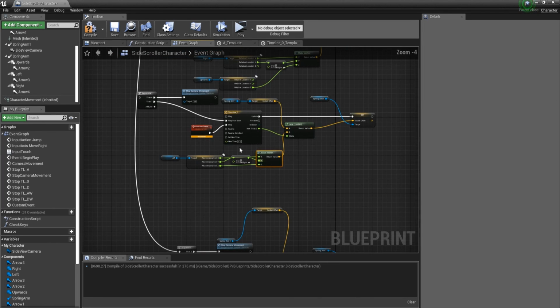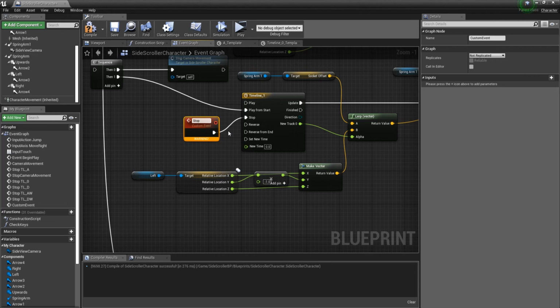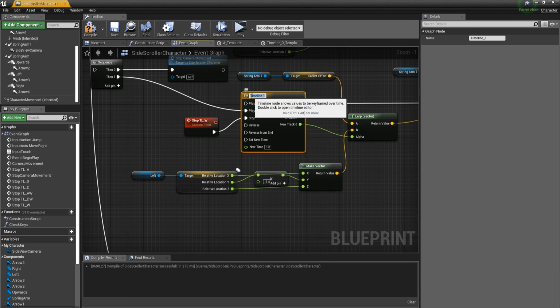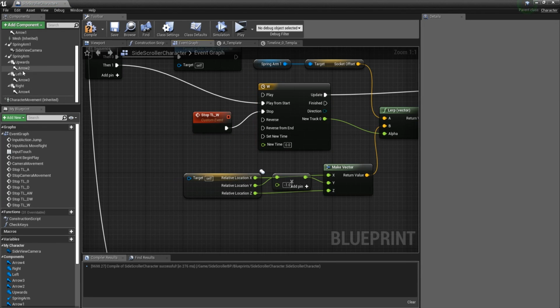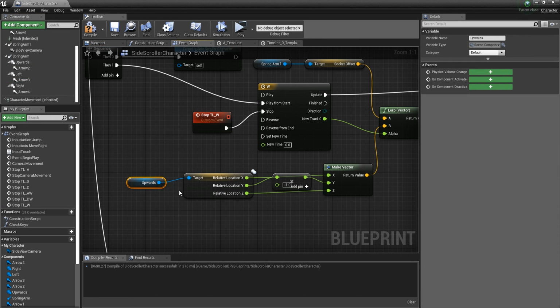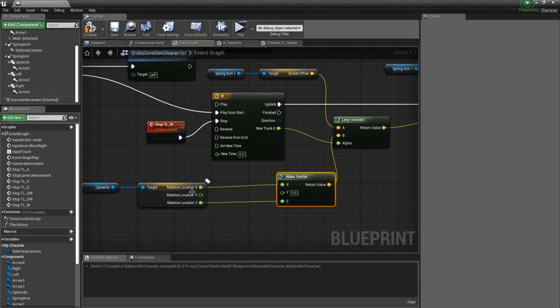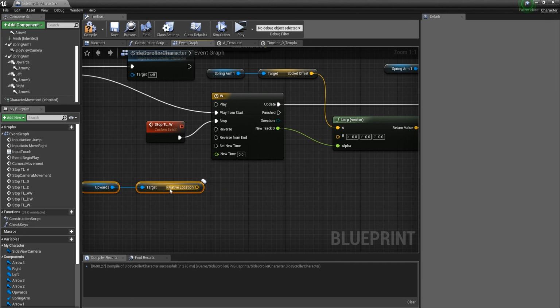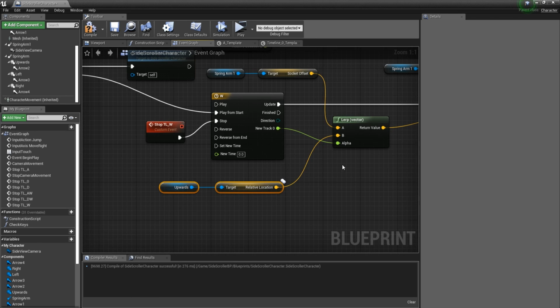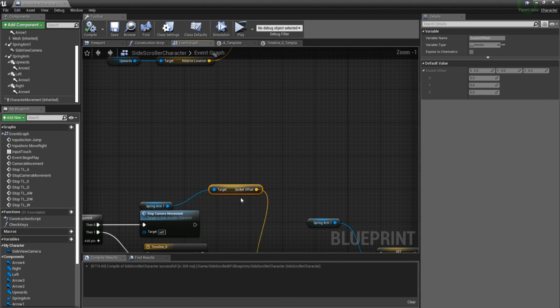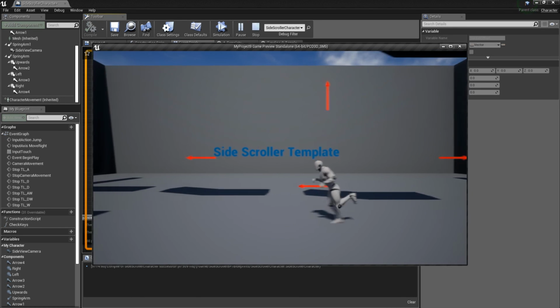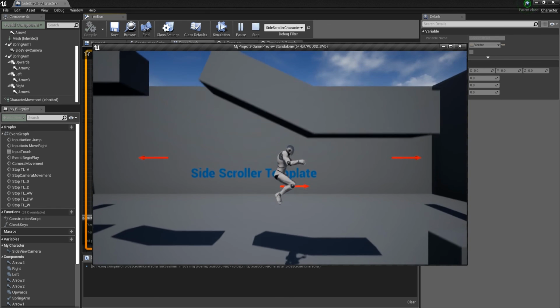And now what we have to do is to rename this custom event once again, stop timeline W, set the timeline to be W, get here upwards scene, and I don't think we have to do anything in here, we can just delete this, recombine the struct pin and set this in B. Now let's play and let's see if this is working or not. So play, A is working, D is working, W is working,